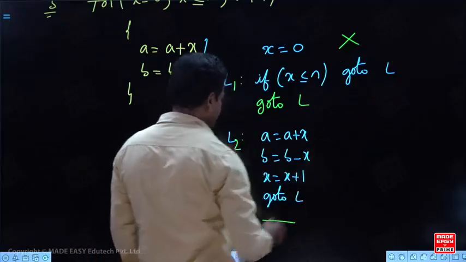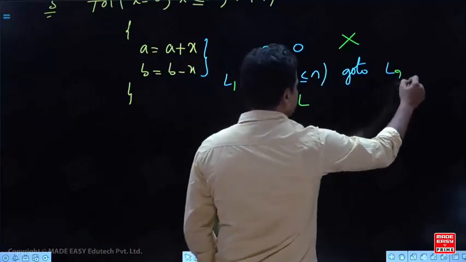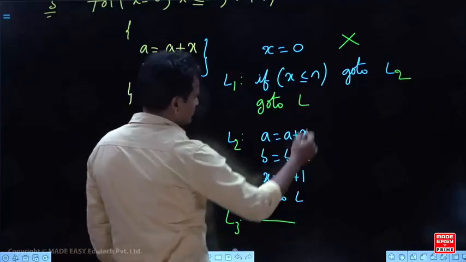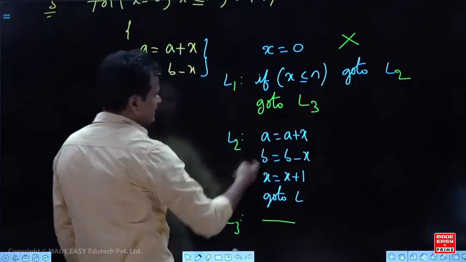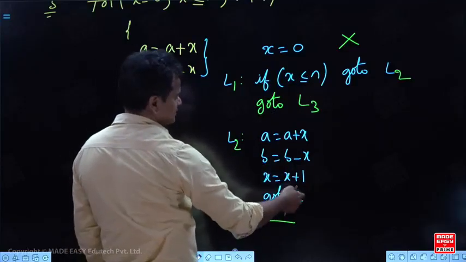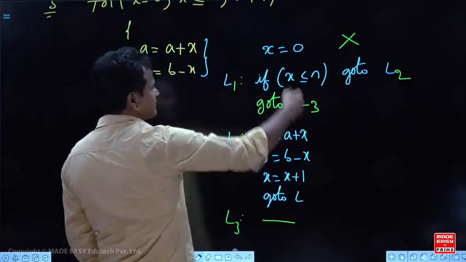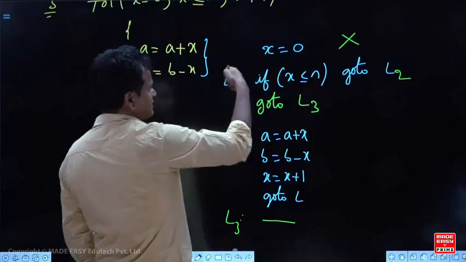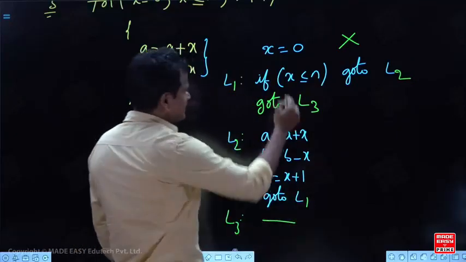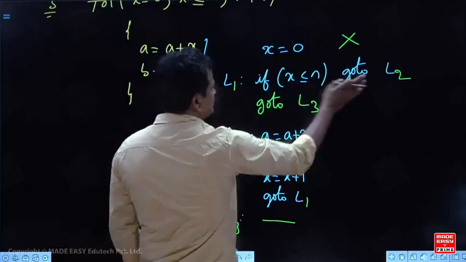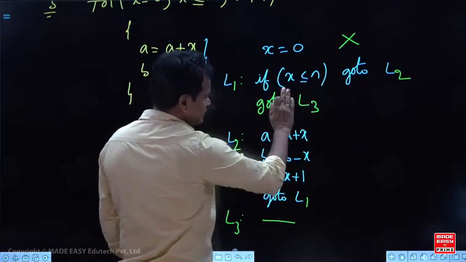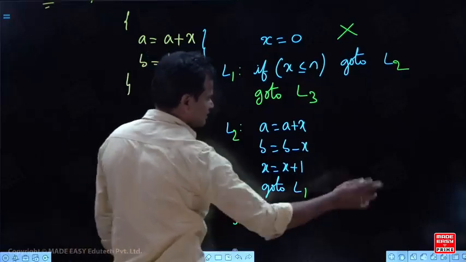If the condition is not true, come out of the loop, to L3. If the condition is true, at L2: a equal to a plus x, b equal to b minus x, x equal to x plus 1. Then check the condition and go to L1. If the condition fails, it executes the next instruction, which is an unconditional jump to L3, out of the loop.